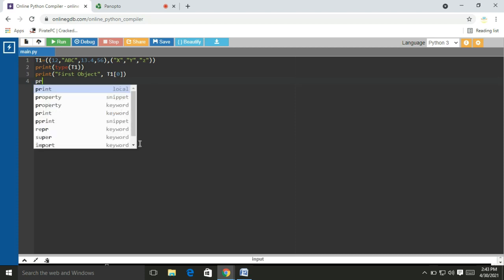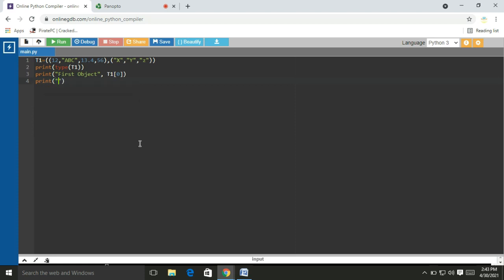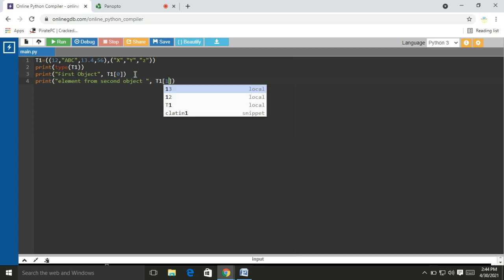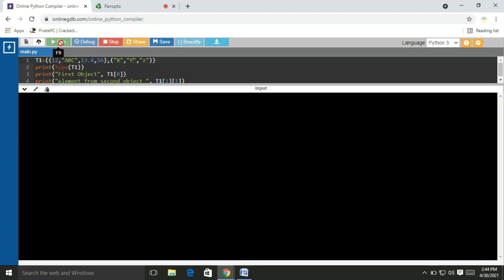I will print element from second object equal to T1 of 1 of 1, because this is indexed by 1. Here again, x is 0 and y is 1. That means y will be printed.